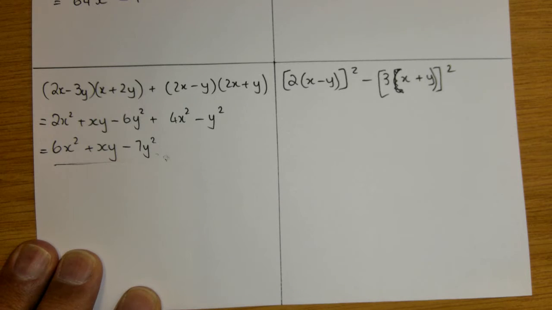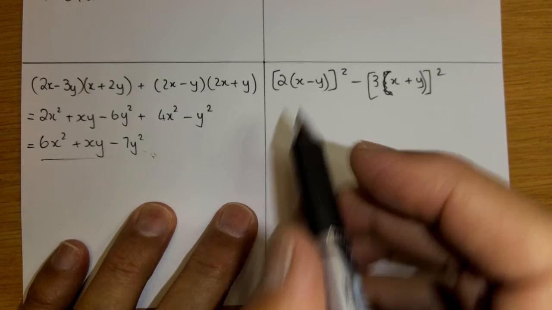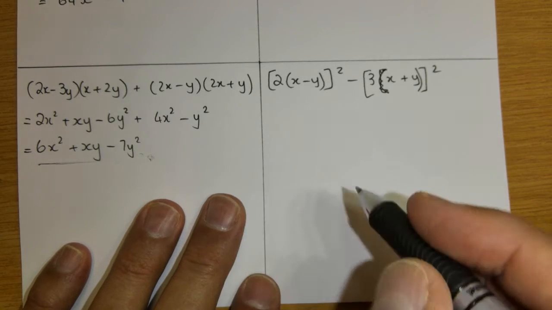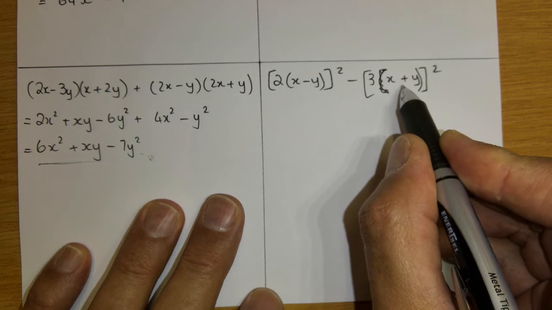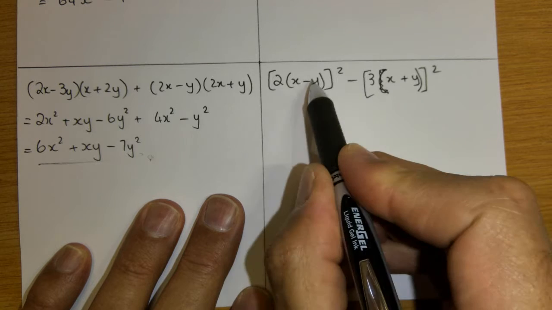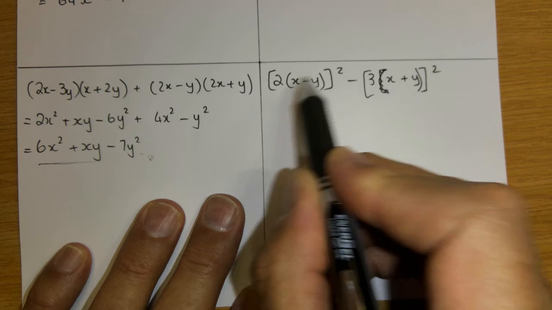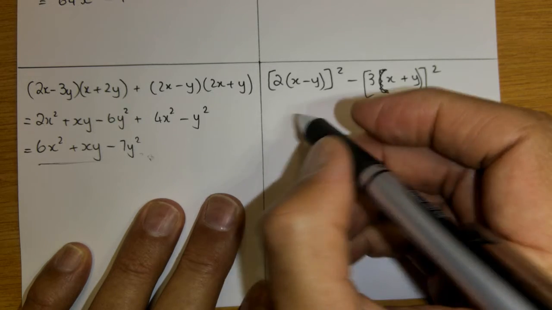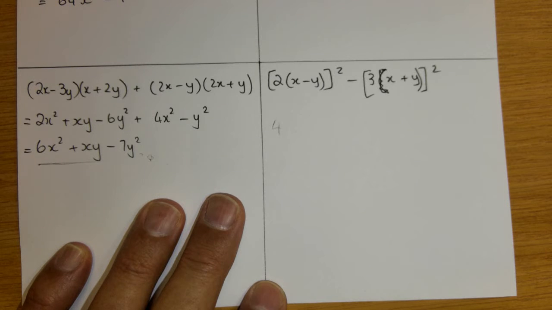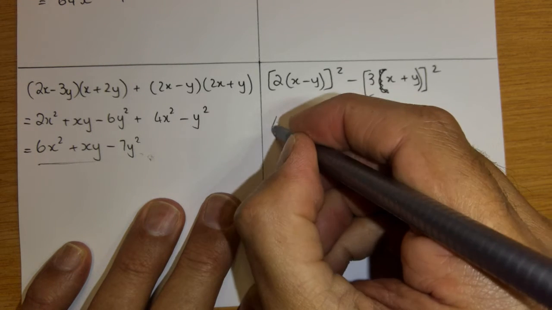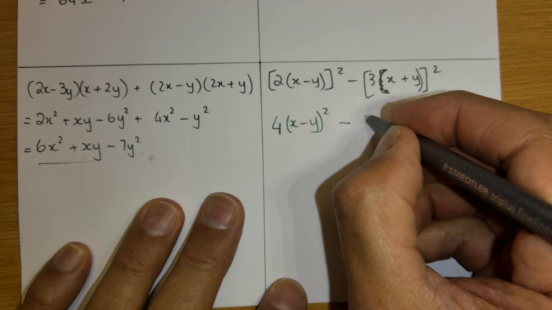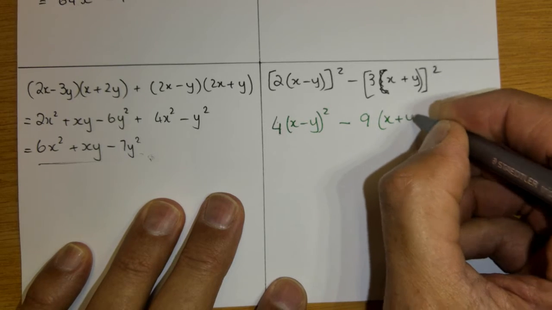Okay, perfect. The last one that I have for you is this one, where we have again got the difference of two squares. So I need to distribute this. It's a squared minus b squared. You can either factorize it by bringing in the difference of squares, or you can square brackets and clean up. Let's just square the brackets and clean it up. So 2 squared is 4. My pen is giving in. So 2 squared is 4 multiplied by x minus 1 squared minus 3 squared is 9 multiplied by x plus y